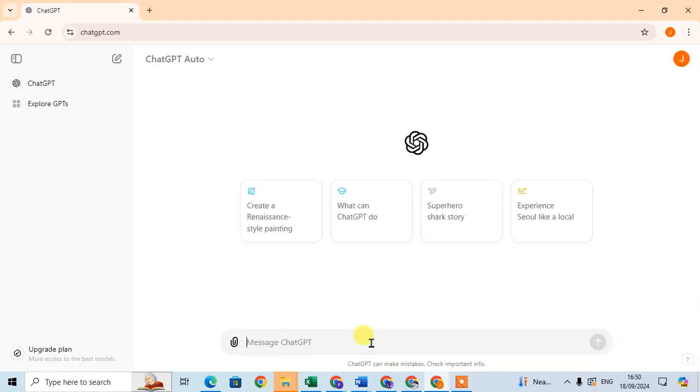In this video, we will learn how to use the read aloud feature in ChatGPT. So let's start. I open ChatGPT here, and here you can ask any question to ChatGPT. So I enter a simple question: what is